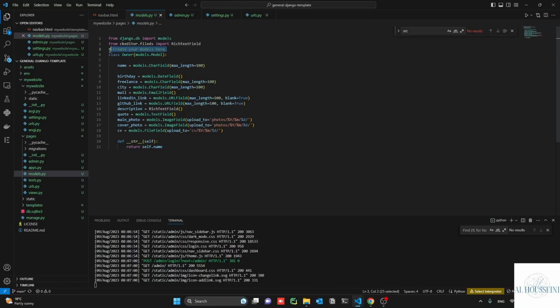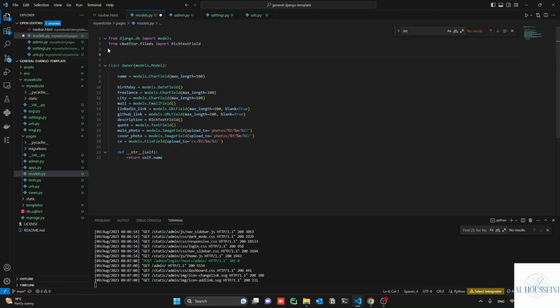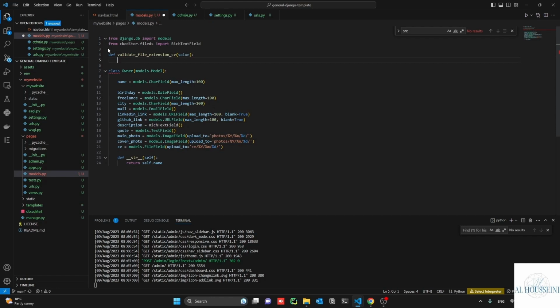Now let's start by working on the validators. I'm going to define a function called validate_file_extension_cv that is specific for the CV. So even if someone tries to bypass my admin panel and wants to upload a virus or something, a virus, for example, is difficult to be in a PDF format. So that's why I need to make sure that the uploaded file, whatever it is, respects the extension that